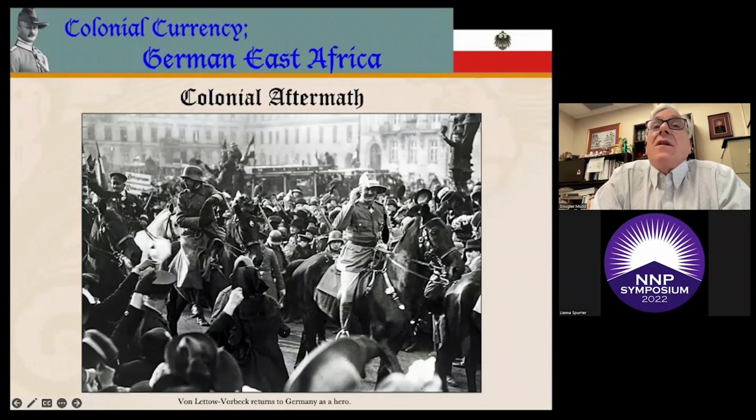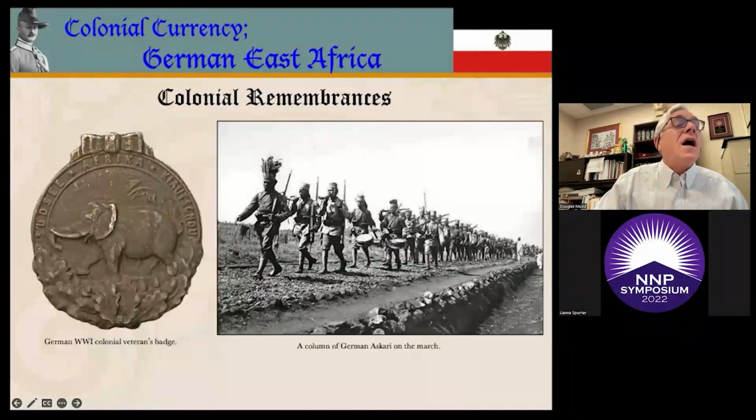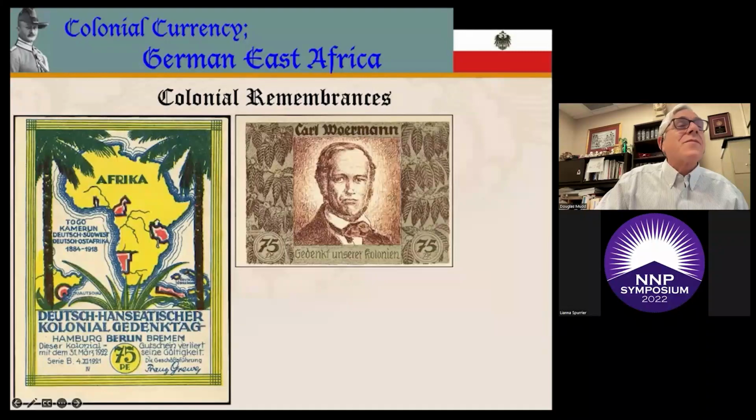When von Lettow-Vorbeck died at the age of 93 in 1964, the West German government and the Bundeswehr flew 2 former Askaris as state guests so that they could attend the funeral of their general. Interestingly, the final chapter of that came in 1964 when the Bundesbank was authorized to pay the back pay of von Lettow's veterans, and with the result that they went to East Africa.